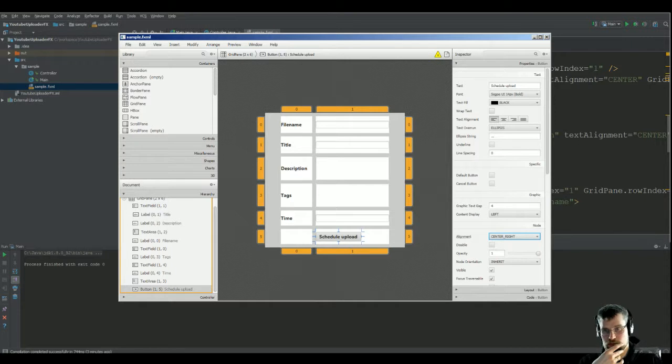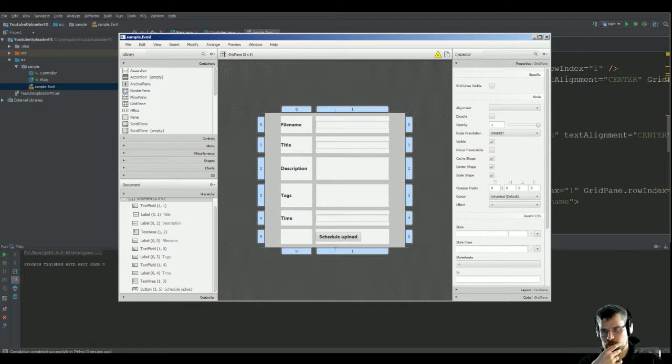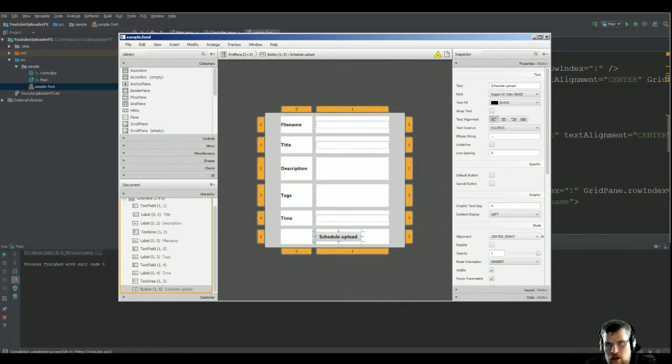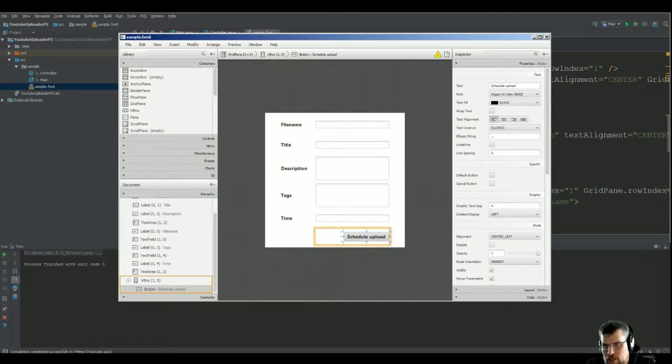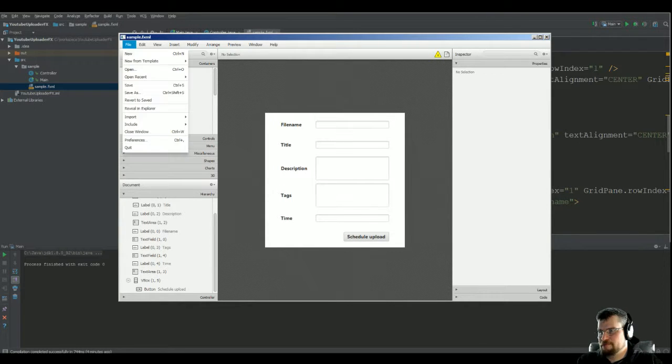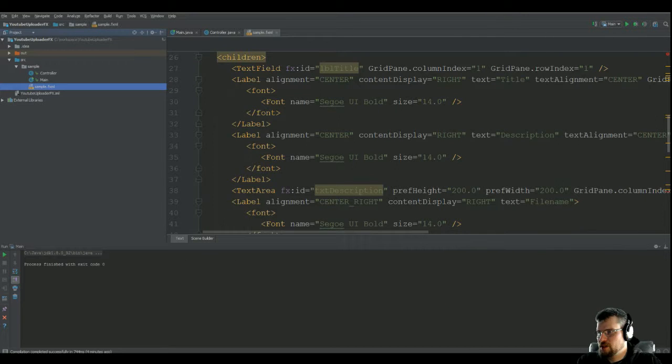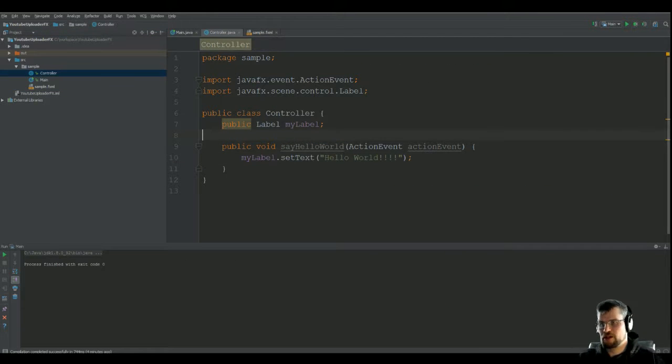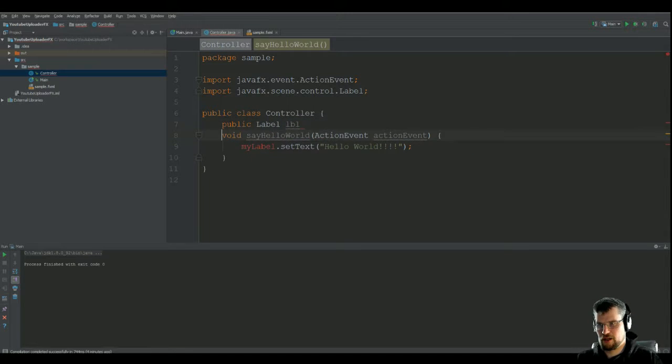Oh, why didn't that work? It seems that we wanted that box for some odd reason. See, and in the controller we want to create label